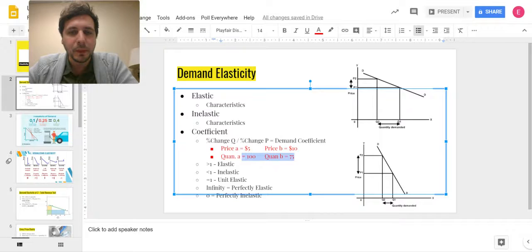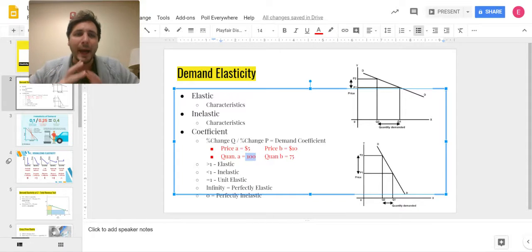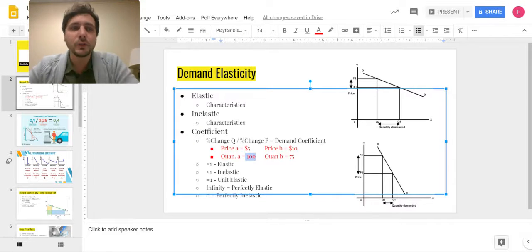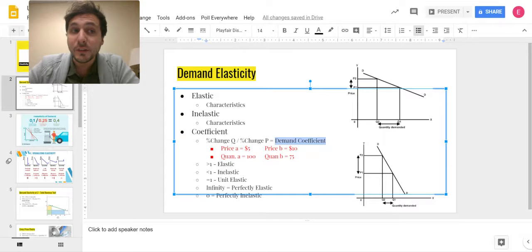On the top is going to be 75, which is our current, minus previous, which is 100. So it's going to be a 25 difference. Remember, we're working with absolute values on demand. We don't care about positive or negative. So we're just going to call it 25. 25 divided by 100 is 25%, or 0.25. We plug that into our equation here. We have 0.25 divided by 1, which is going to kick out a 0.25 demand coefficient. And that means it's less than 1